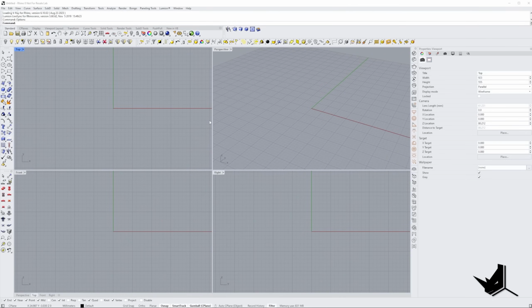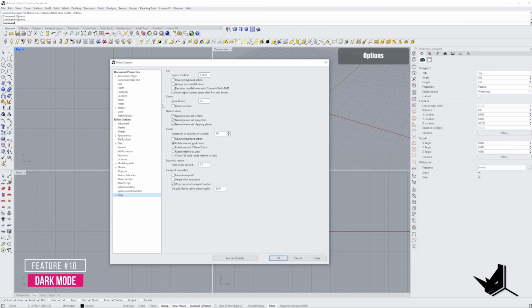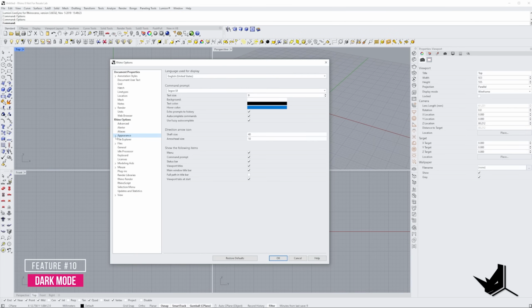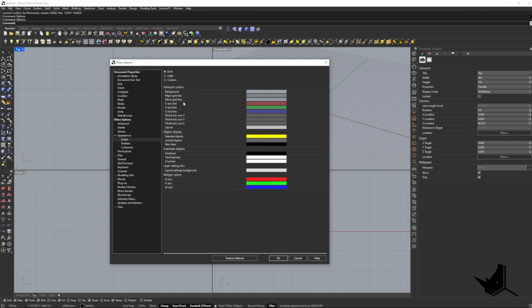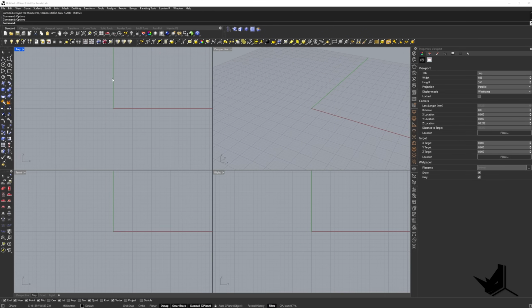Okay, so this feature is a long-awaited one. A lot of people wanted to have this in Rhino before, and now it's finally possible. Of course, we're talking about dark mode in Rhino. You go to the options, and under appearance, here you will find colors, and all you need to do to switch from light to dark is simply click here. As soon as you do this, you'll see that we're going to have a completely new interface with the dark